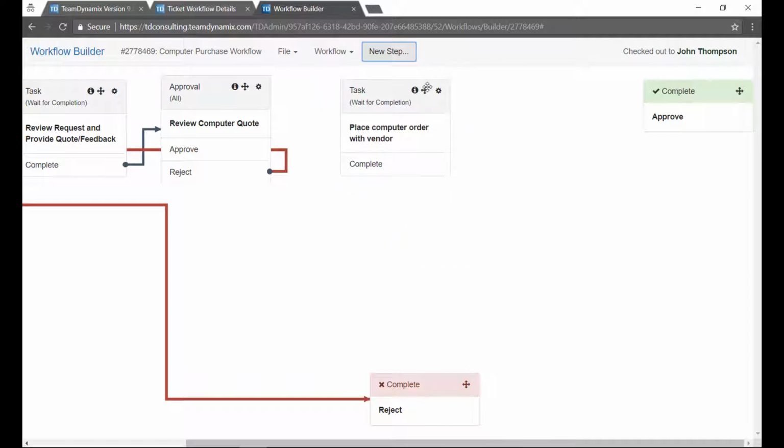So I'm going to place this task here, and then from the approval of the review computer quote, I'm going to move that over to the Place Computer Order with Vendor task. Okay, so now here's a good opportunity to illustrate another of the step types. I'm going to use a timer step, just to play with my scenario here. Let's say we place the order with the vendor, and we're just going to wait a period of 7 days, perhaps, before continuing on, assuming that the order needs to be received and then processed and fulfilled by the